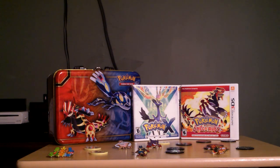Fossil is a set. First of all, the legendary birds. I love all the legendaries from their early generations, first 3 generations. But with the exception of the legendary birds, Fossil's just a fun set to collect because you can pretty much enjoy any holographic card that you pull. There's not really any specific cards that you definitely want to get,